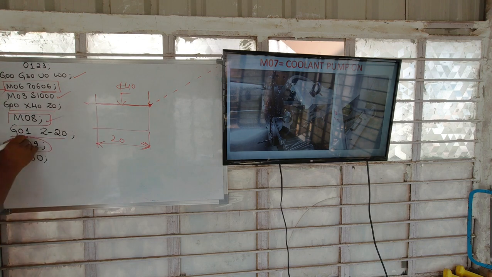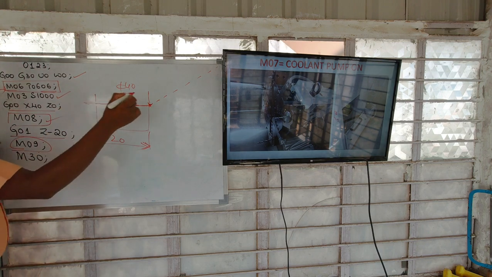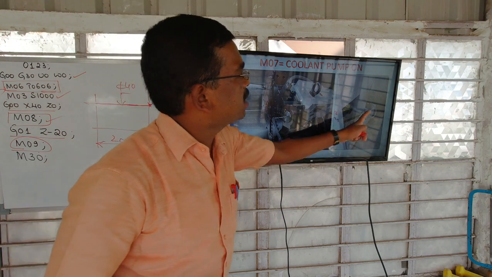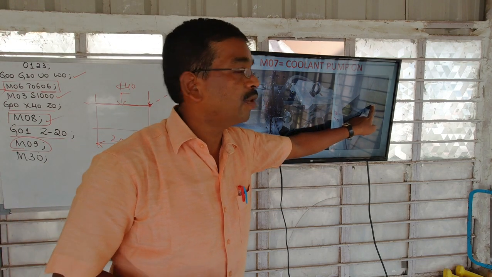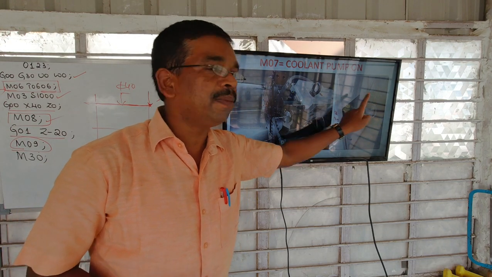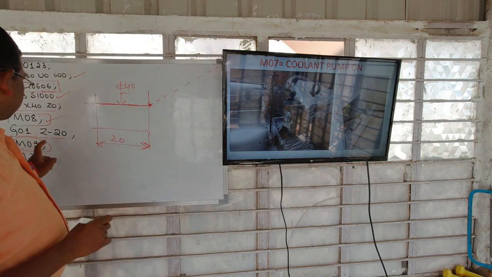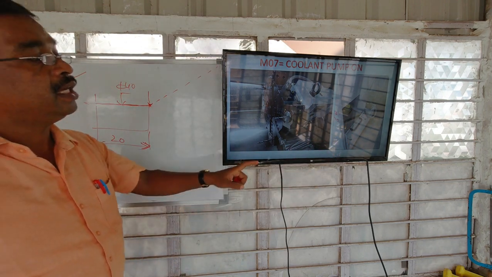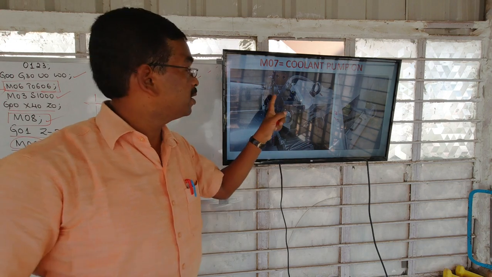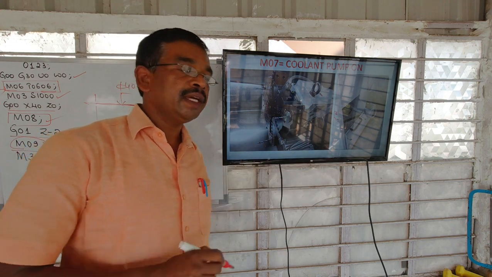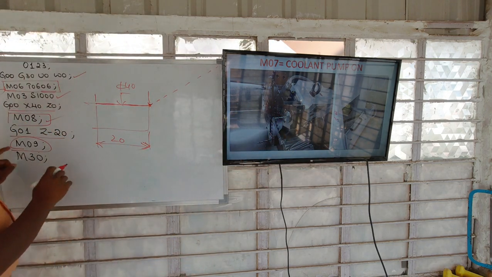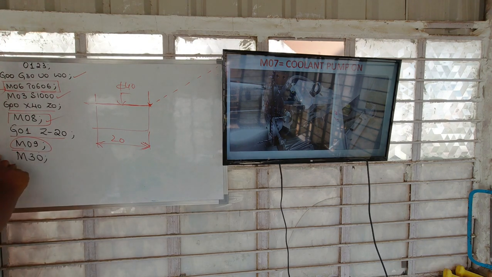When the controller reaches this block M09, it will send the signal to the coolant system to switch off the motor, or switch off the coolant pump. So when it reads M09, the coolant discharge will automatically stop. That is, M09 is for switching off the coolant system, and this is for program end and rewind.